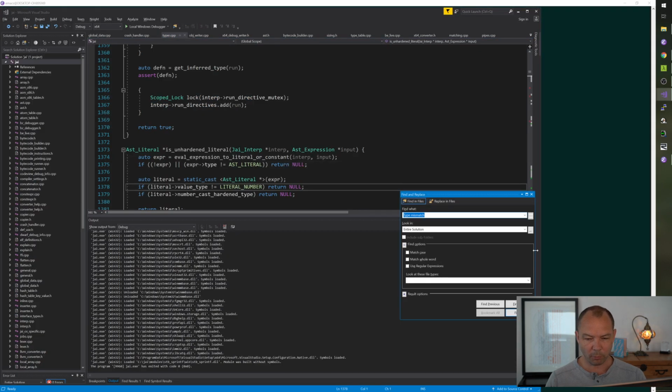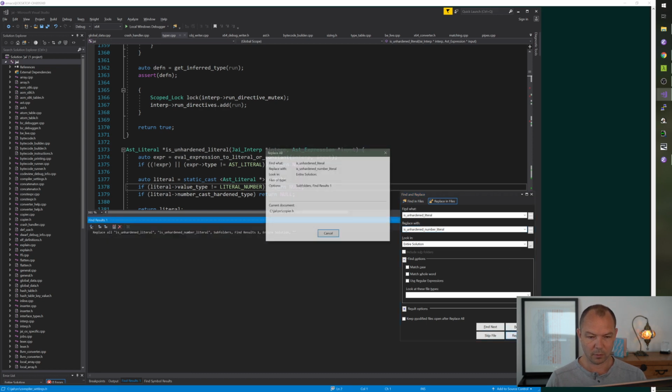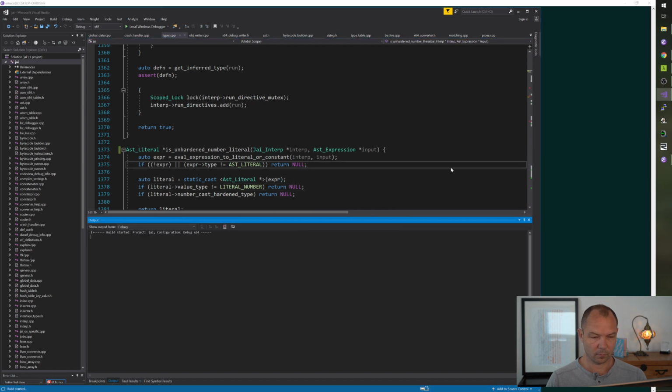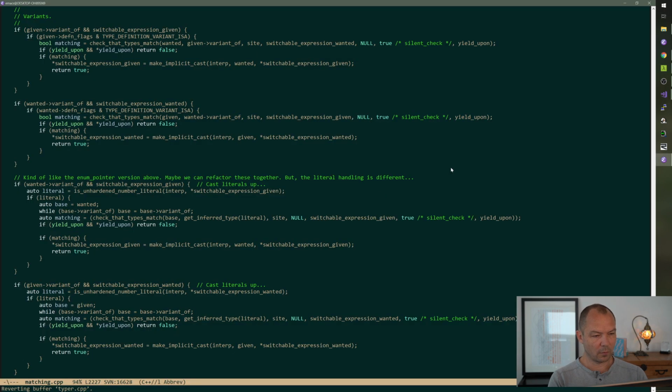Let's just make that more specific. We're going to make that an unhardened number literal. Okay. Great. And now we're going to have is unhardened literal.